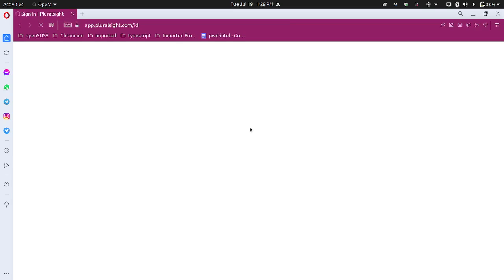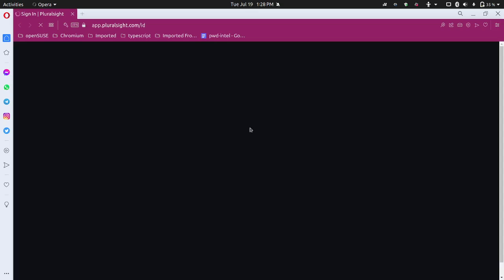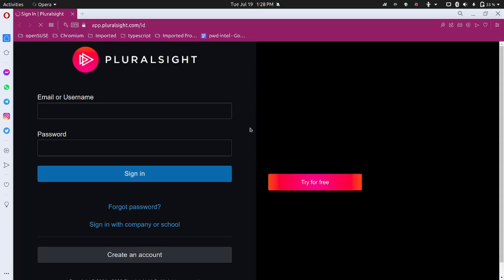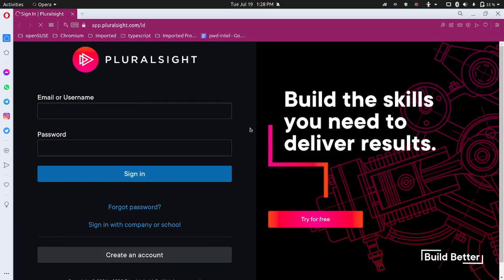The next thing you need to do is to use the email associated with the program and of course the password associated with the program. Once you do that, you will have access to the labs. Another thing to note, these labs have quotas. Okay, you're not expected to do this lab